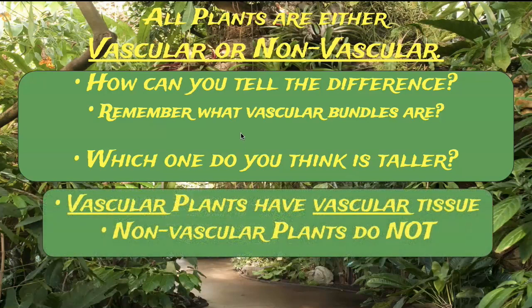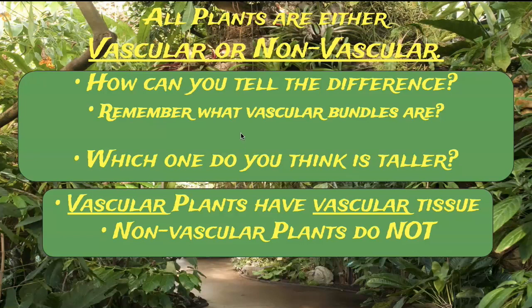All right, so of course, these vascular plants have vascular tissue. That's pretty much how you can tell these apart. Now, you don't have to put it under a microscope to figure out if a plant is going to have vascular tissue. Remember what we talked about with vascular bundles? These vascular bundles are what give the plant support. They're also what produce the veins in a leaf. And so you can just take one quick glance at a plant and you can see, does it have a tall stem? In other words, is it at least a couple inches off the ground? And does it have leaves?